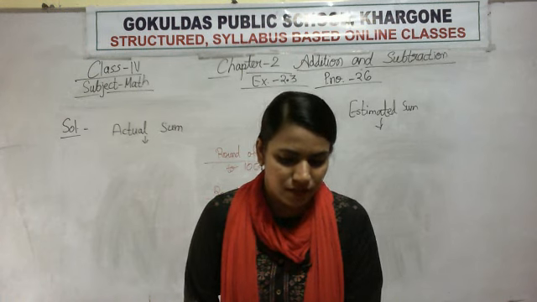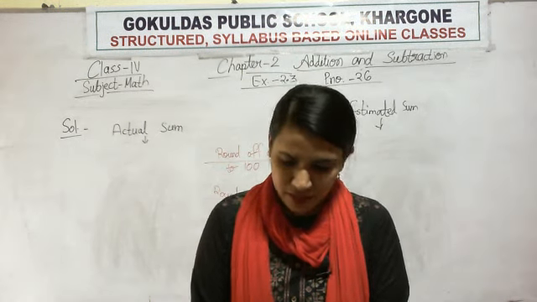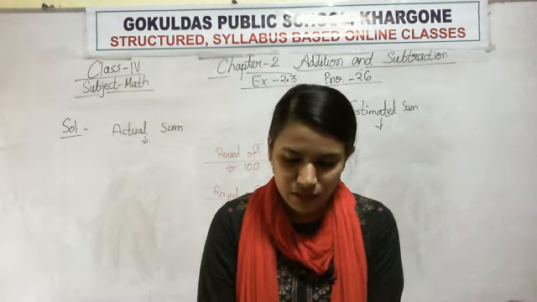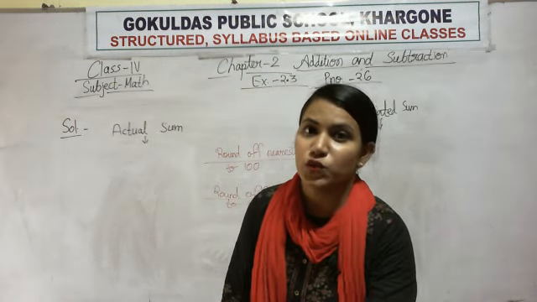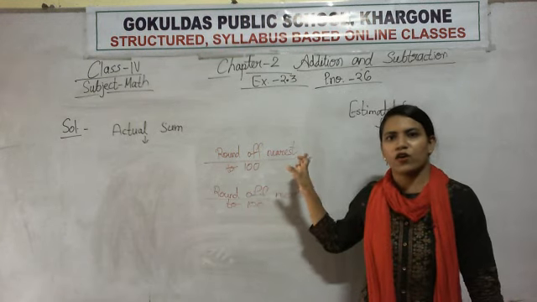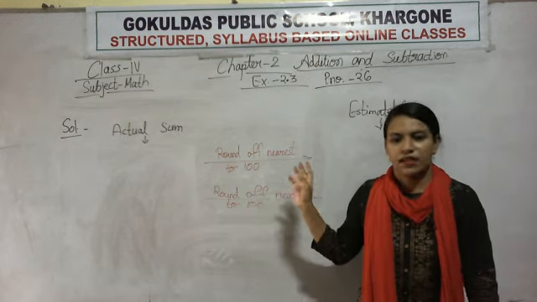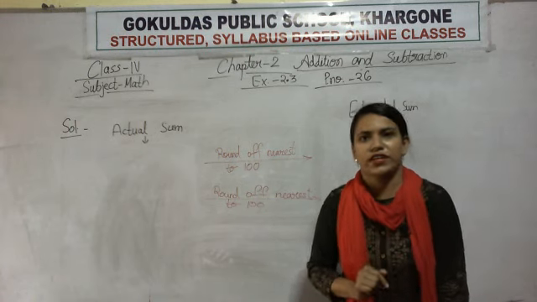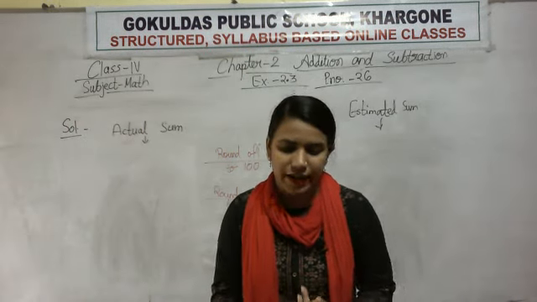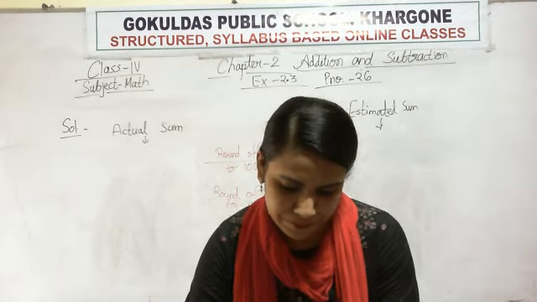Now here notice that you have to perform the same question, but what is the change in the question? Now you have to round off the number to the nearest 1000. What we were doing before was rounding off numbers to 100 and then adding. Here you have to round off the number to the nearest 1000. Then you have to perform the addition, right?